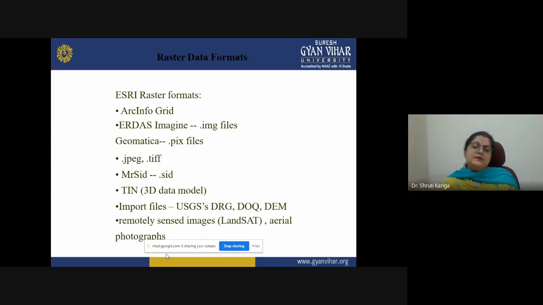These raster data can have different file extensions. Other than that, JPG, PDF, or MrSID (.sid) form, TIN data, imported files through USGS, DRG, DEM, remotely sensed Landsat images, LISS images, all these images are raw images and are raster data formats.